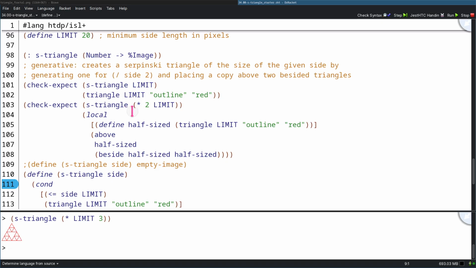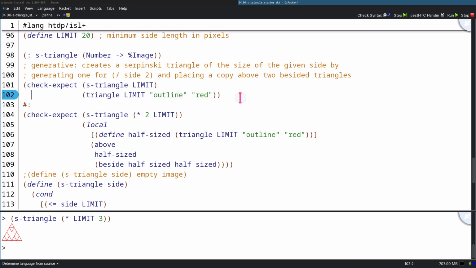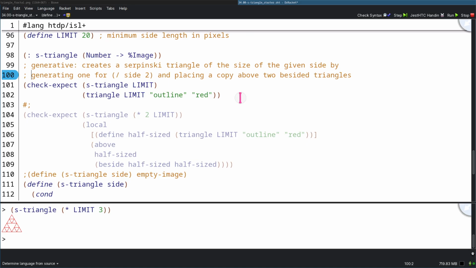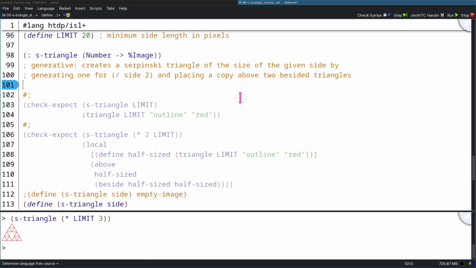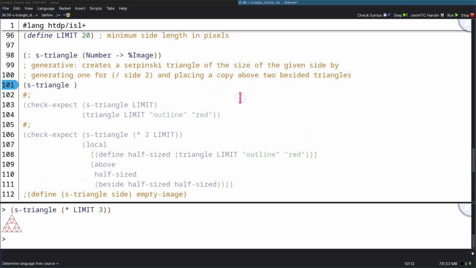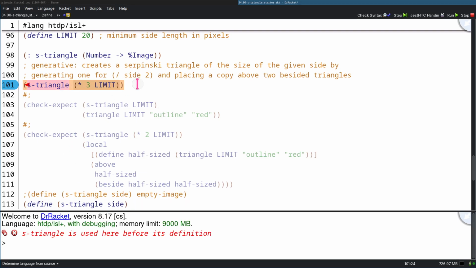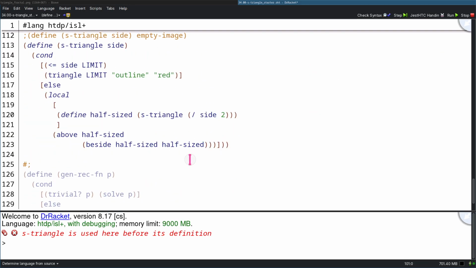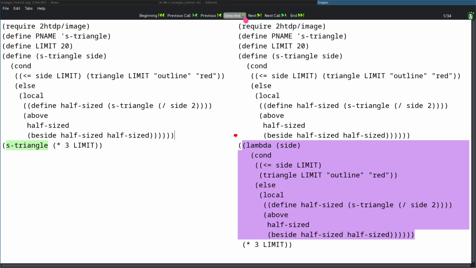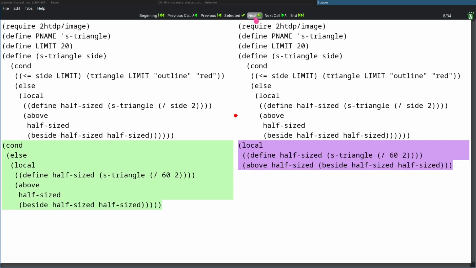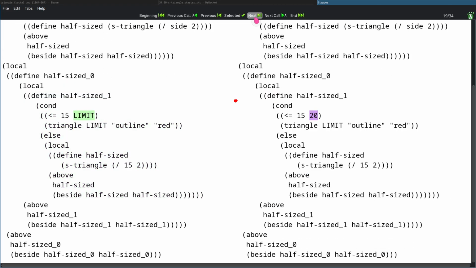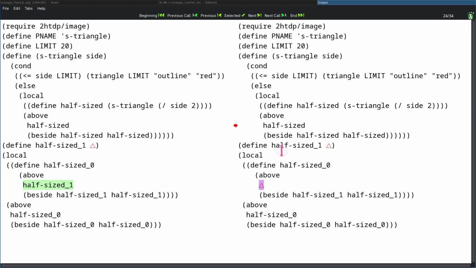So we can just grab these two actually, and we can use the stepper. So S triangle, sorry for the background noise, times 3 limit. All right, so there we go. S triangle, like so. We're going to step through this, and you can see the execution. Eventually it's the limit, and then it's going to be used to build the first triangle,